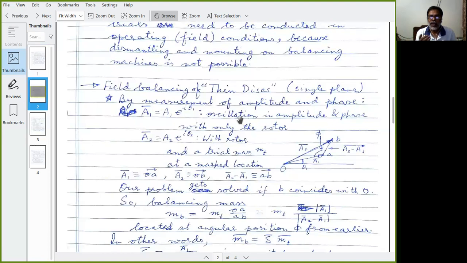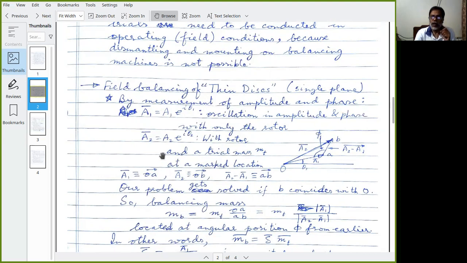For measuring the phase, you need some reference. So from the axis of rotation, you connect a sine wave generator, which you use as reference, and from that reference, you measure all the phases. So one round with the rotor only, you measure the amplitude and phase,